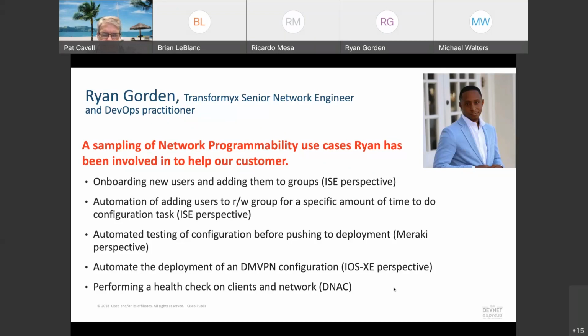If you need elevated privileges, you go to the automated system and give it your username, and the system will do its network automation. It will look up that username, look to see what groups you're in and what groups you need to get write privileges, and then add you to their own group that has read-write privileges for a certain